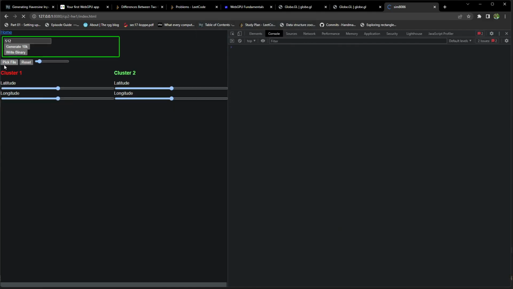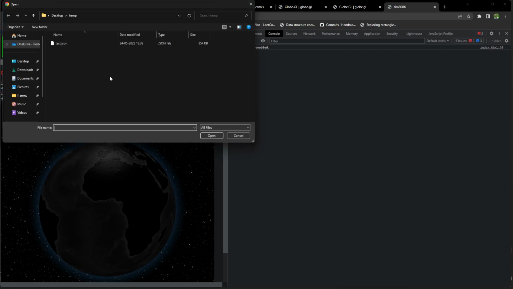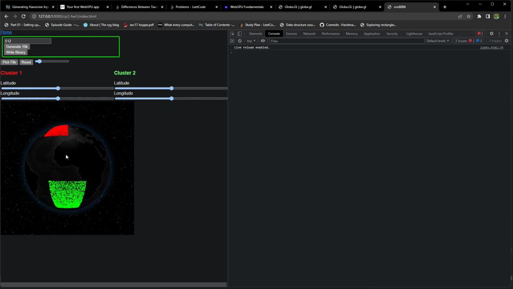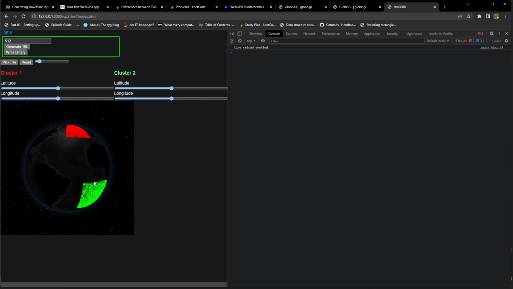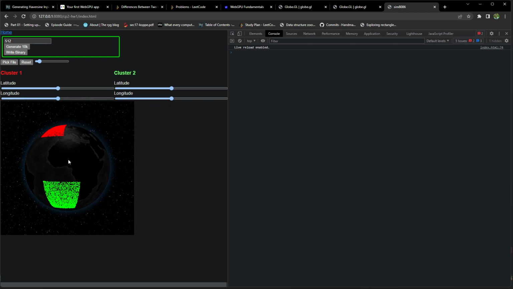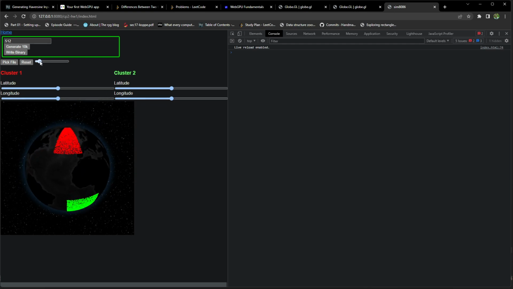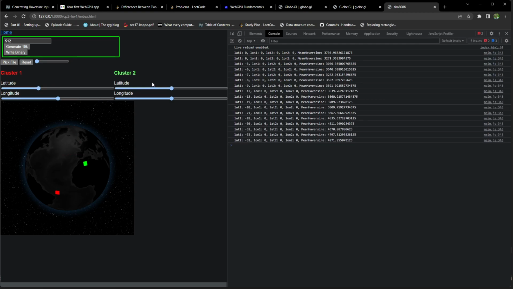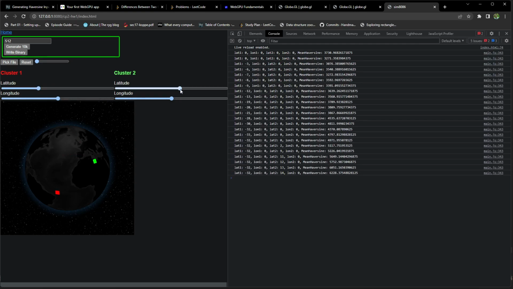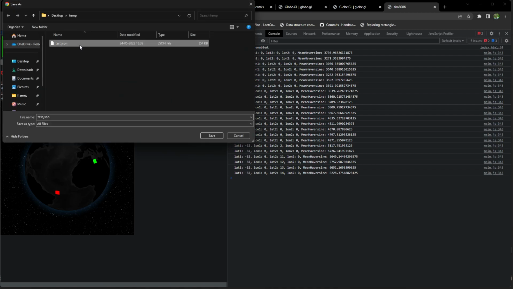So now if I load that file again, it will load the points in that same configuration but higher density. So you see that is the cluster we chose, and it has loaded it, and then we can just keep on tuning it as we like. So once I get this mix up fixed, I will have correct calculation here, which will be predictable. So like I can just do,